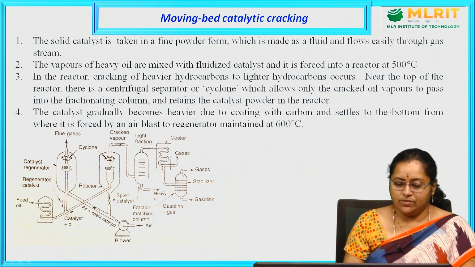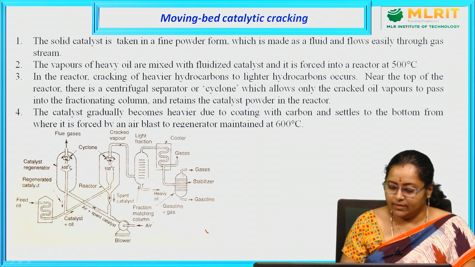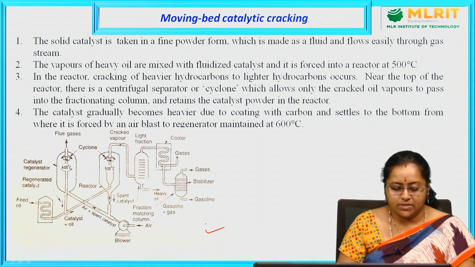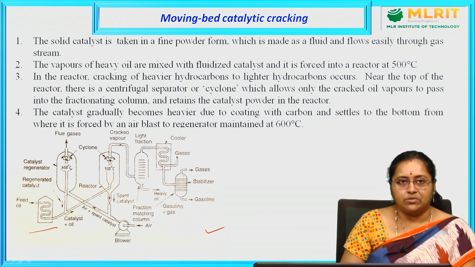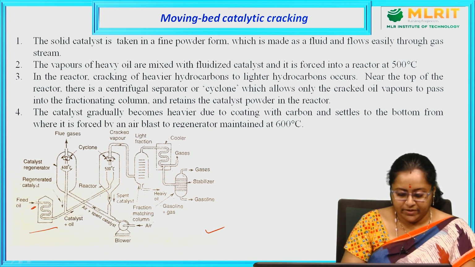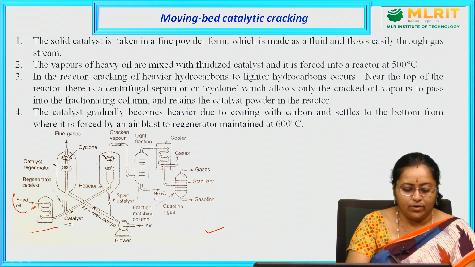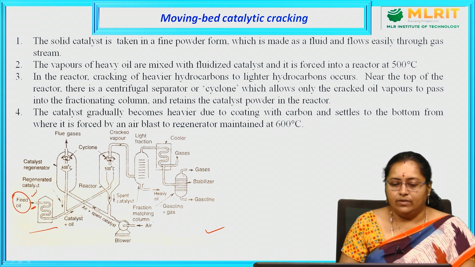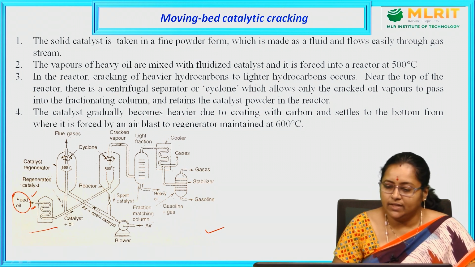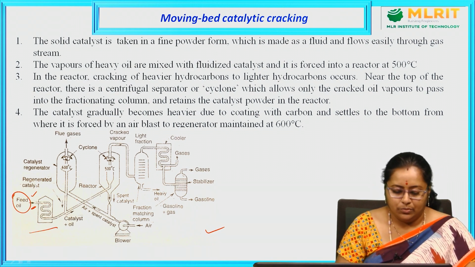If you notice its apparatus, or what we are going to consider for carrying out this process, this is a kind of retort or furnace which is provided with one pipeline, and this pipeline has an inlet opening meant for allowing the passage of feed oil. So, what is allowed to pass into this to carry out the catalytic cracking? Let us see one by one.